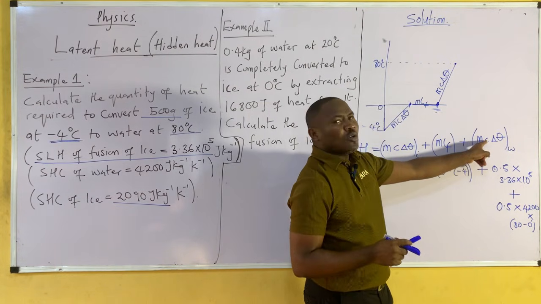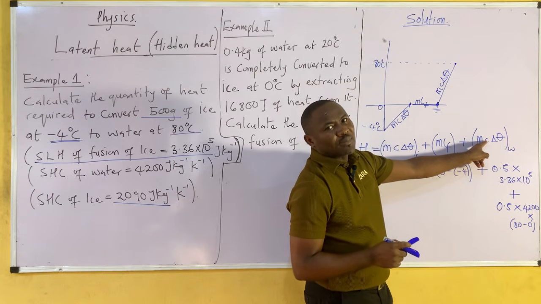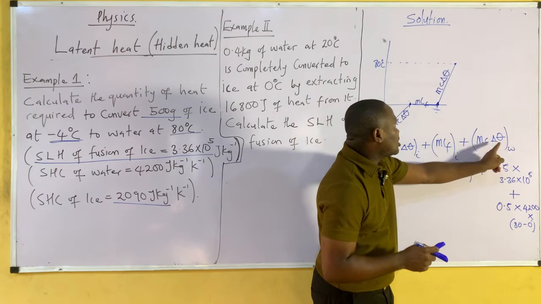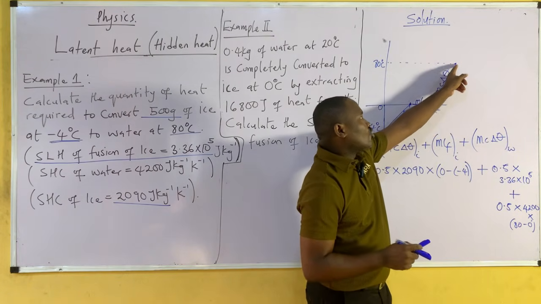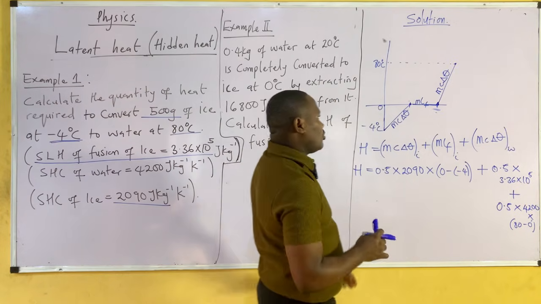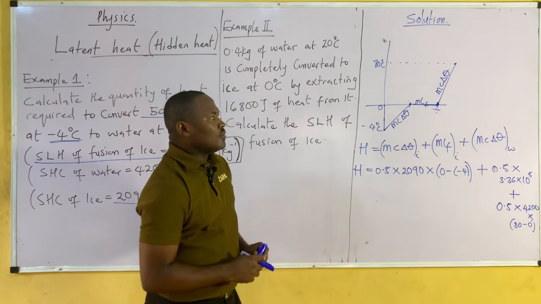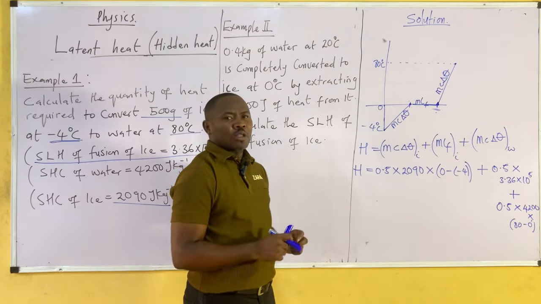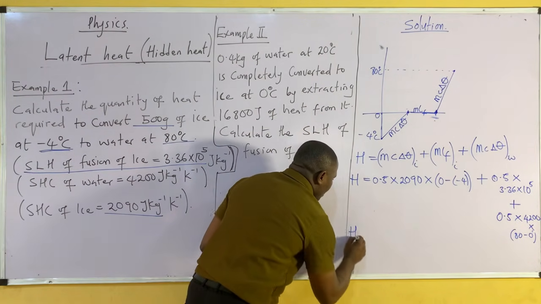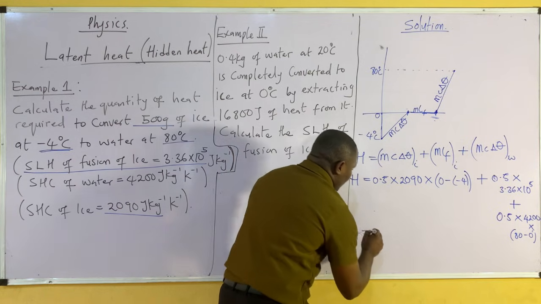What about this small letter c? It is the specific heat capacity of water times the change in temperature. What's the change in temperature? From 0 to 80. So it's now 80 minus 0. So I hope you understood how all of these are for proper work now calculation. So now we'll have H will be equal to